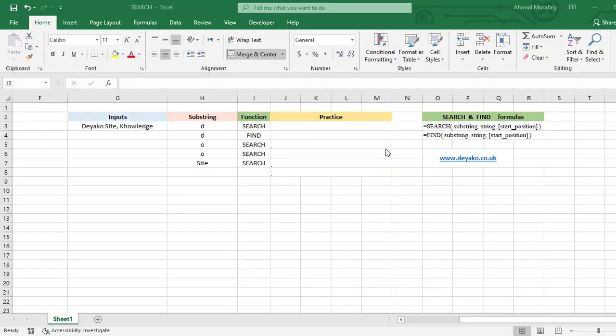In this video, we want to learn the SEARCH and FIND functions. These two functions are pretty similar. The only difference between them is case sensitivity. These two functions find a letter's position in a string, in a phrase, in a sentence, and show it as